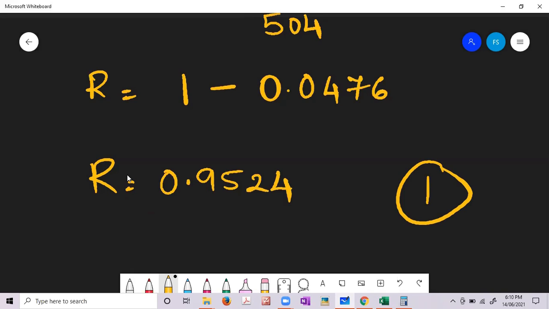However, when your answer is very close to 1, now what do we mean by close to 1? After the point, you have 0.95, which is close to 100, because 100 becomes 1. So 95 is very close to 1. That means there is a high degree of agreement between both the judges.